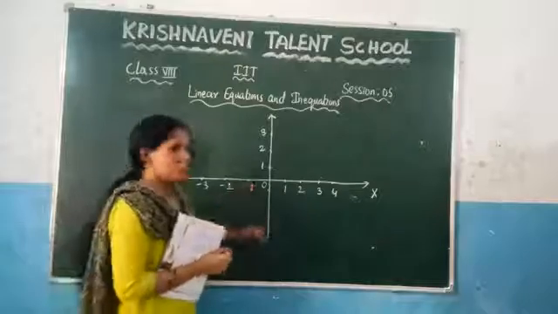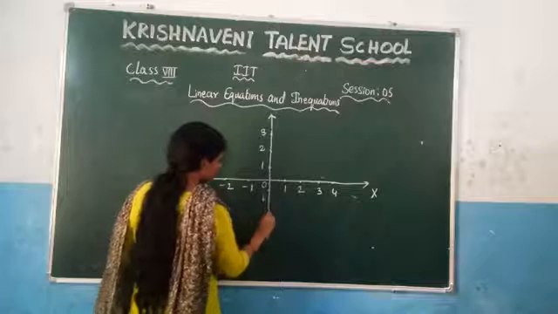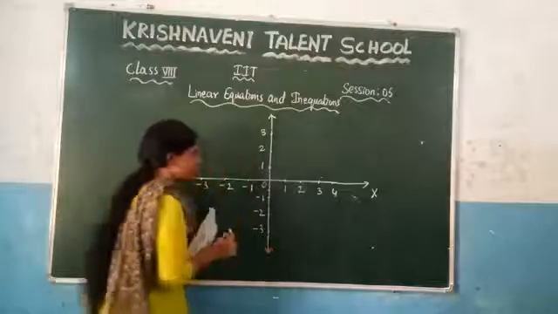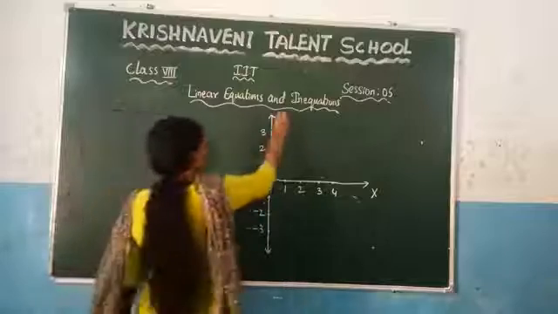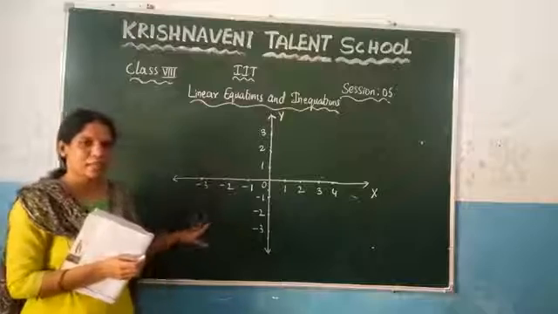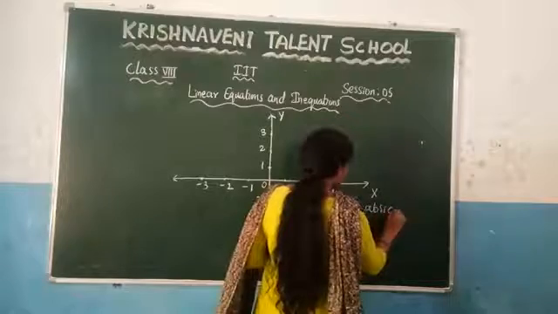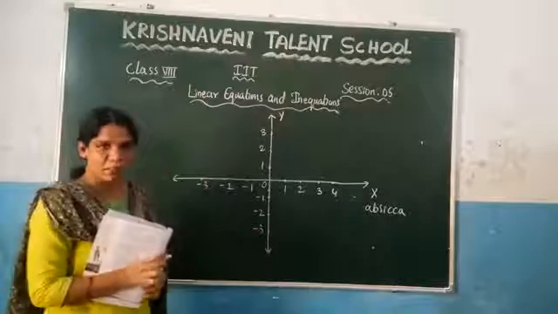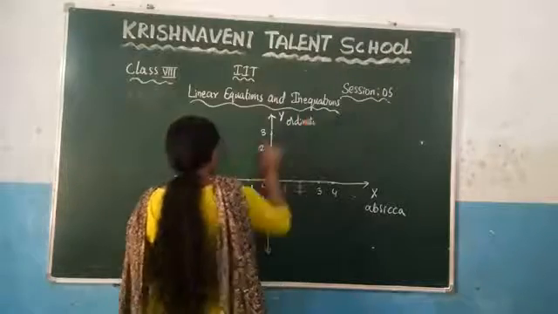Similarly, below 0 you will get the negative numbers. So write it here -1, -2, -3, and so on. So this vertical line on a plane that we have drawn, we call the y-axis. And this x-axis has another name, we call it the abscissa. And there is another name for the y-axis, we call that one the ordinate.